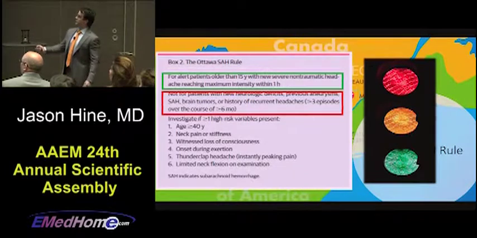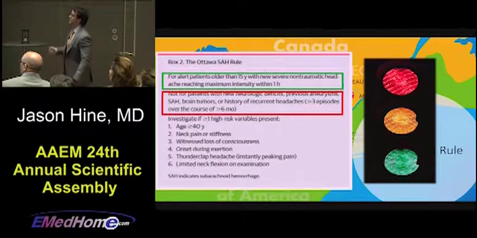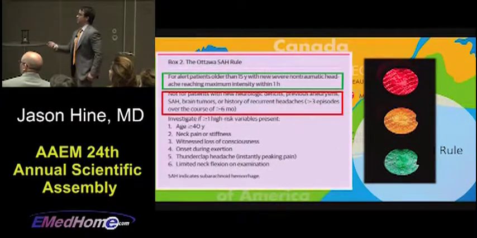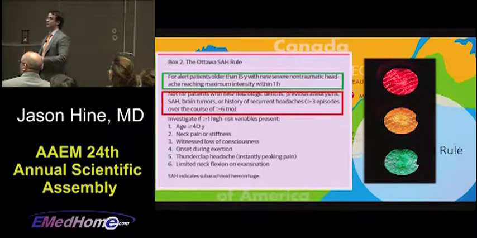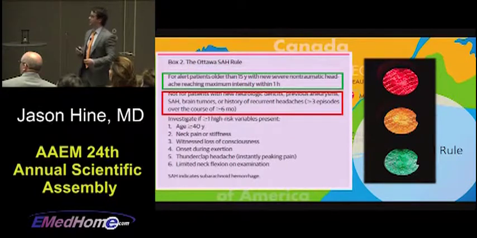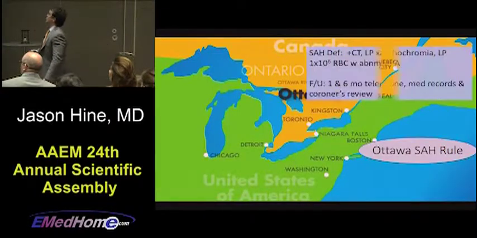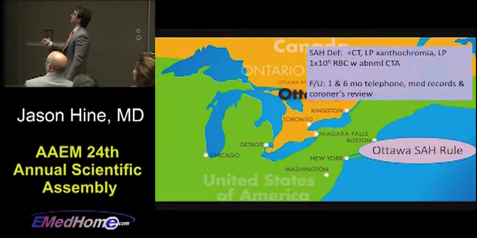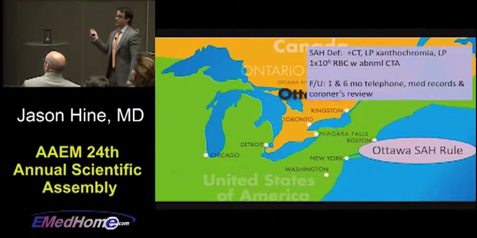And then note the language here if you're entered into it. Investigate further if any of the following: age greater than or equal to 40, neck pain or stiffness, witnessed LOC, onset during exertion, thunderclap headache, and limited neck flexion on exam. All right, so the data here now for that, they use this definition for the subarachnoid hemorrhage,